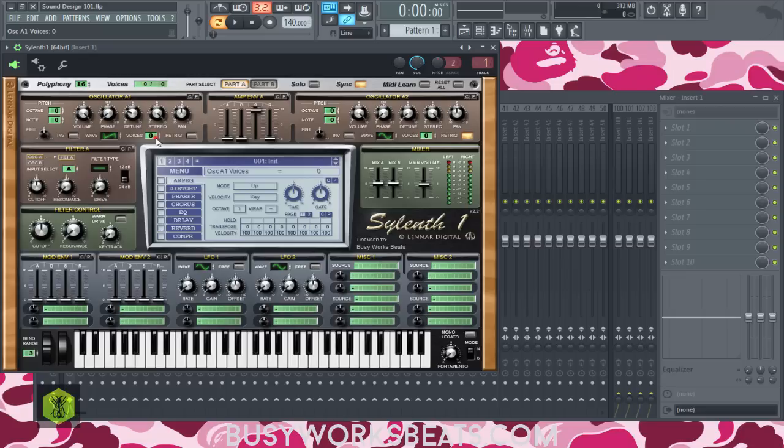Now the panning is if you want to pan a sound to the right or left. Again, when you get into stacking sounds, that's more of the knob you would use to pan that specific oscillator or sound wave. So now you understand the full oscillator window. Let's get into stacking sounds. Now, I'm not going to go too in depth because we're going to have many videos going over stacking sounds, but let's try to combine a sound on the left side with a sound on the right side just to go over the different parameters and how they apply.